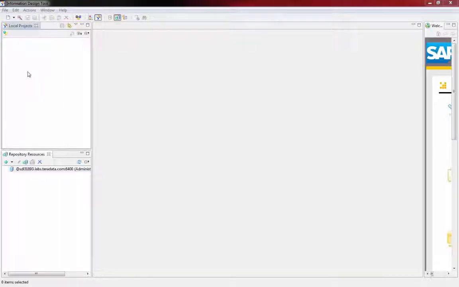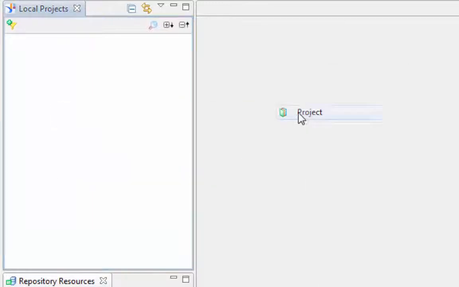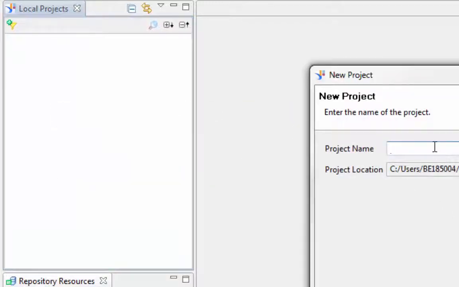I am using Information Design Tool. I will show you how to create a universe and use a Vantage feature of the Teradata. First, we're going to create a project and name it testVantage